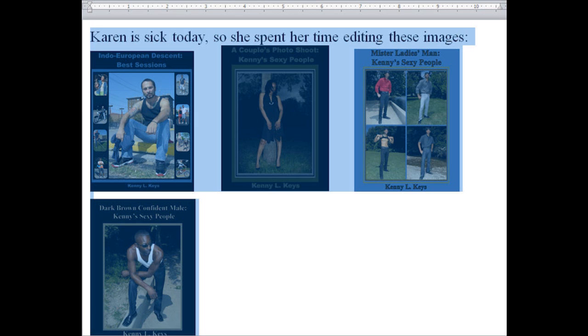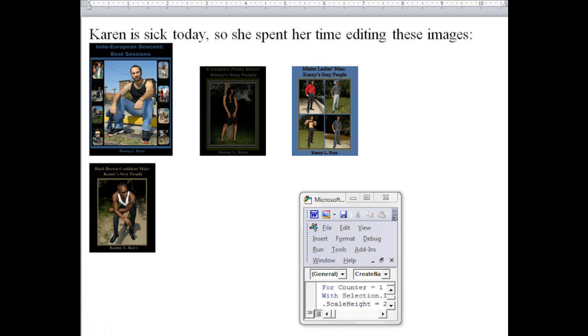Now look, I have done a print screen of me selecting everything, Control A. Now I'm going to run the code again after I've selected everything. No error messages. Look at what happened. The text has not been affected at the top, but the images have shrunk. Alright,